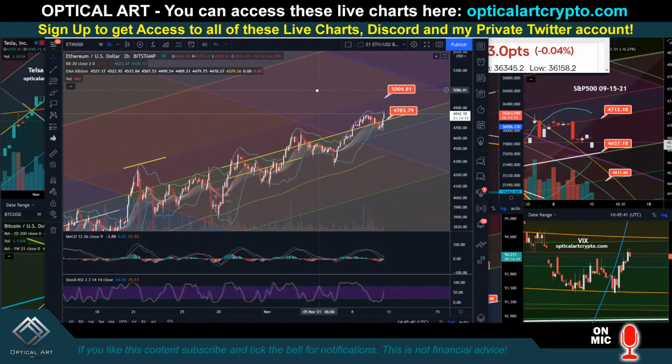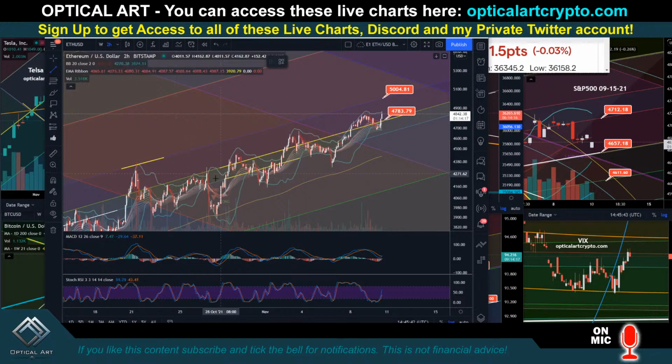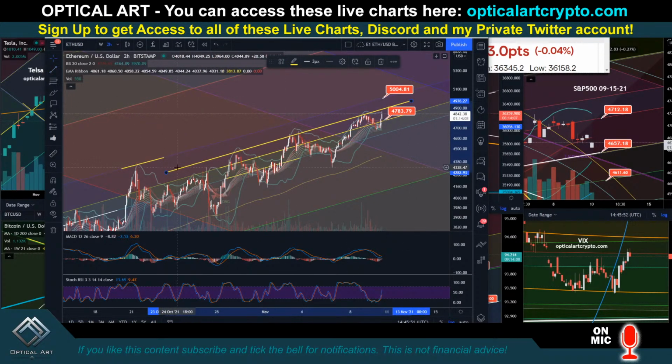And I could add another fib channel line here. All these fib channels, this is the price, this is the direction price is moving. I could add another fib channel line. Just make sure that it's moving in the direction. Make sure it's parallel, so parallel to this line right here. So if we put this right here,